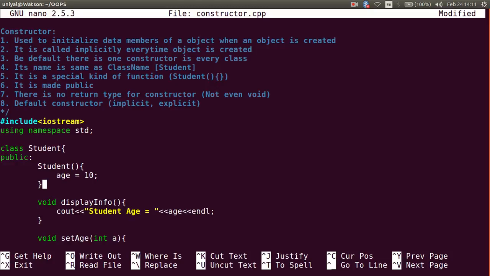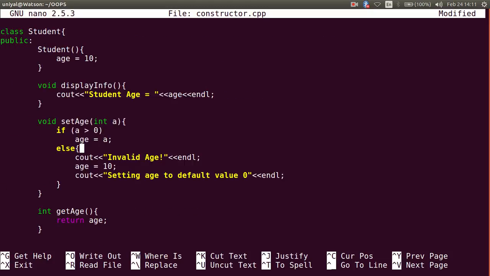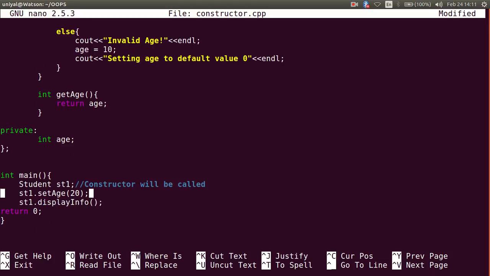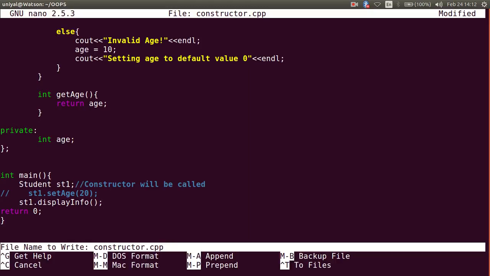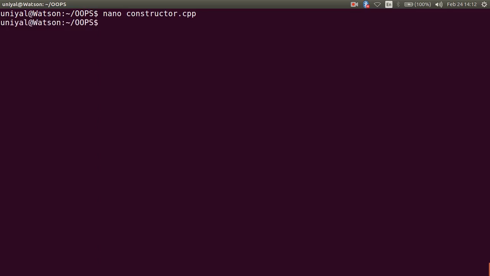So for every object, if I don't call the set age function, or if I don't pass any value, this display information should give us age equal to 20 for any object we declare or define. So let's compile this program and see what happens.